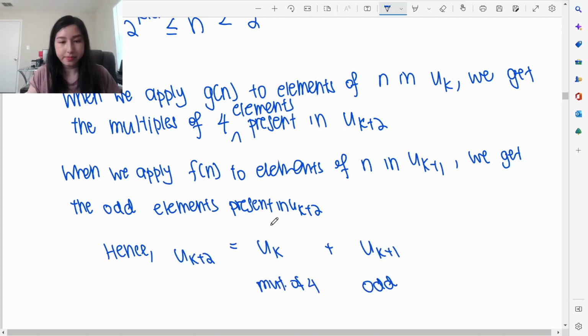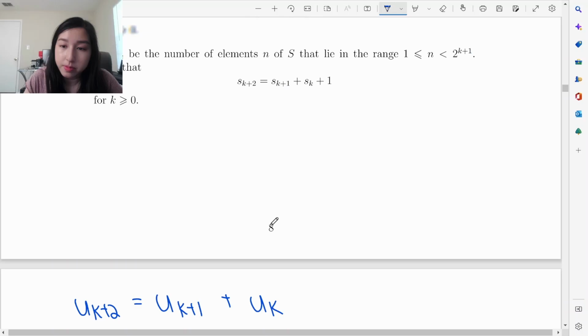Alright, and what's the next one? Also very similar, so SK plus 2 is, but now this is 1 to k plus 1. Okay, so I guess the same thing. Let's just write out what we have to prove first. SK plus 2 must equal SK 2k plus 1 plus SK plus 1, and we know SK is, what is SK? Alright,